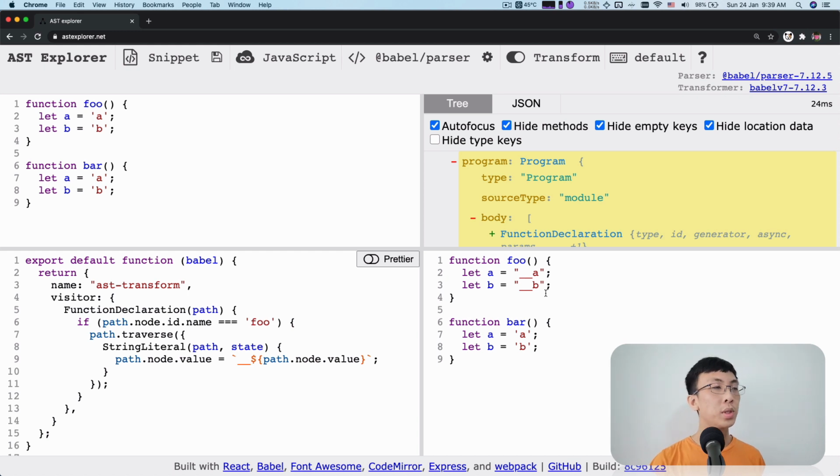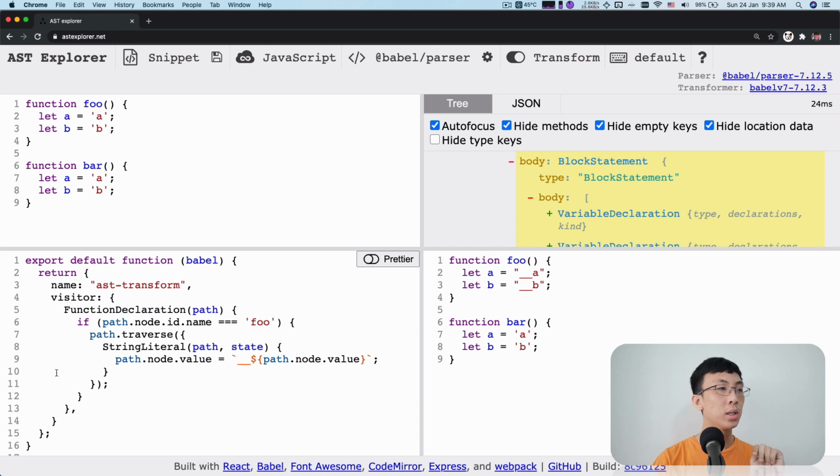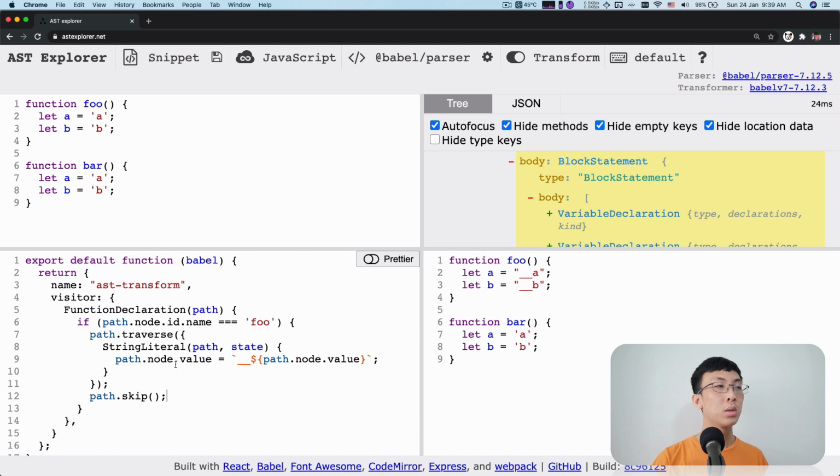A drawback of using this is that the same node within function foo is actually traversed twice, once in the outer traversal and once in the inner traversal. Once you've done the inner traversal, we are still going to go through all the nodes in here. One thing you can do to prevent that, if you know this is all you need to do, is call something like path.skip to tell that,